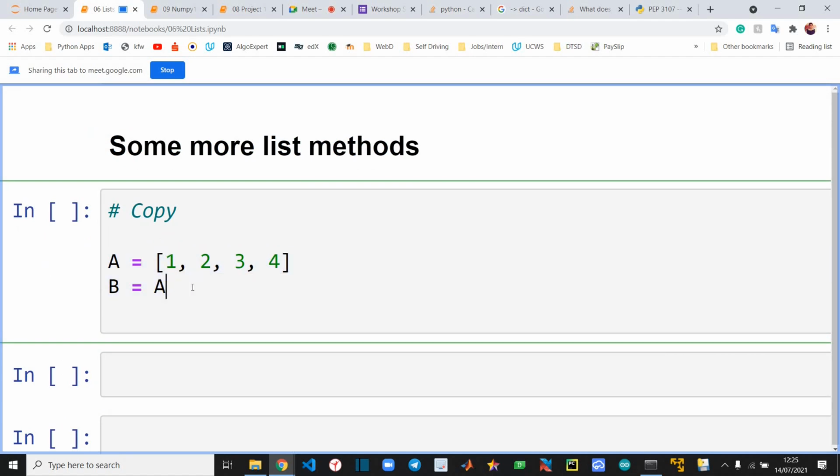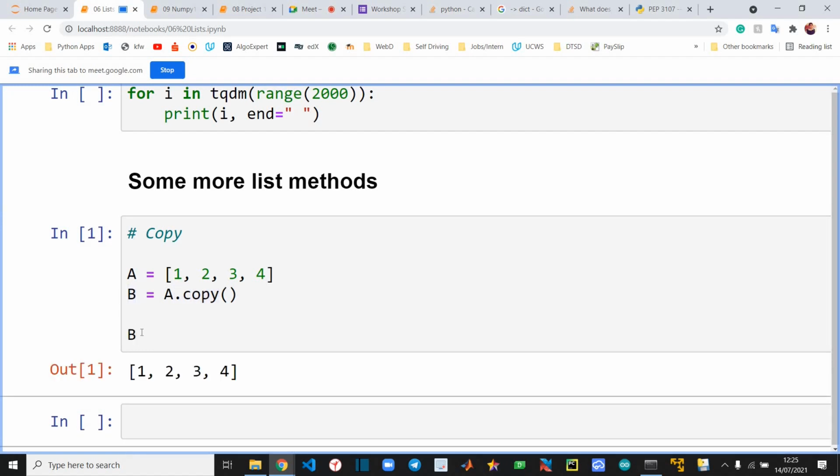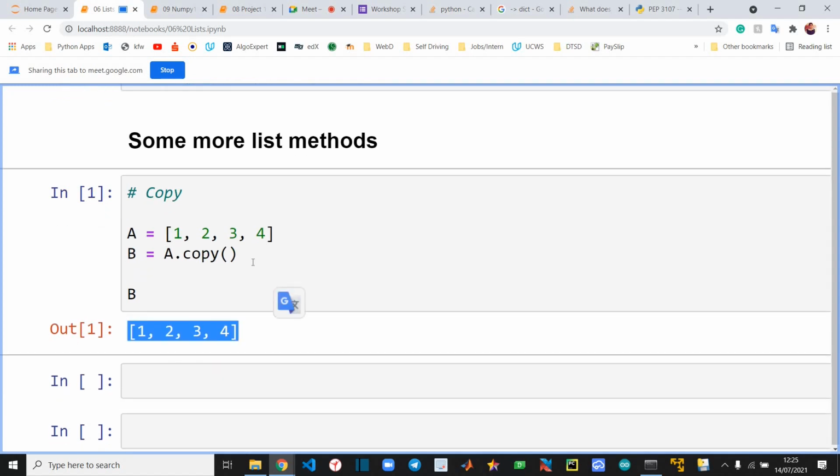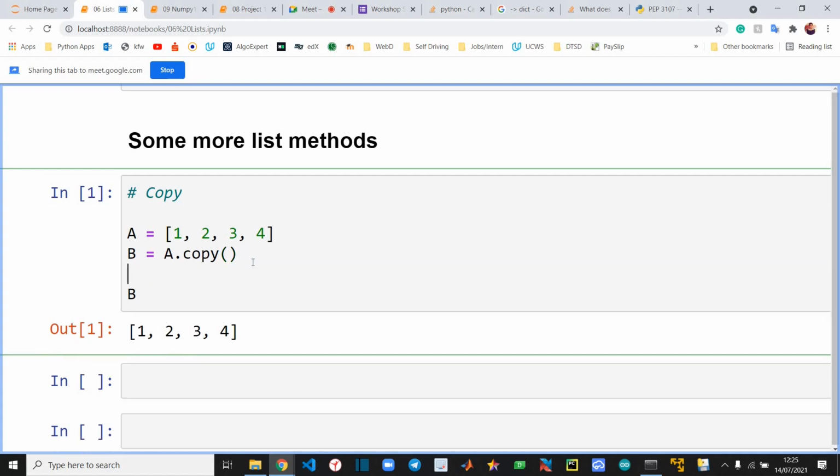Now another thing that you can do is use this method, a dot copy. This will return a copy, and that will be saved in this variable b. I think this is the same as call by value, like this, but it is easier to remember and just returns a copy of the same.